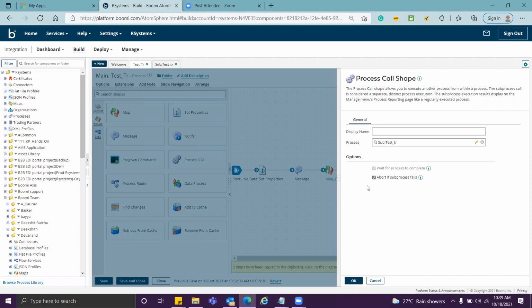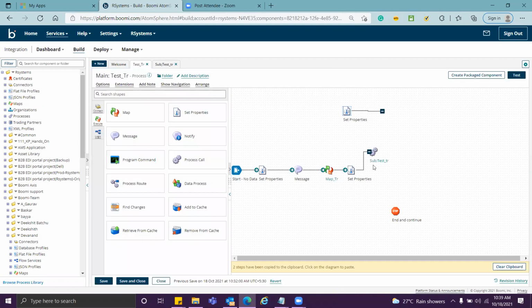If your sub process fails with any error, your complete process is halted. You keep this option enabled because you don't want to process wrong data because one of the sub processes already failed. So you always keep this enabled. You click on OK and you map it. And you click on test.